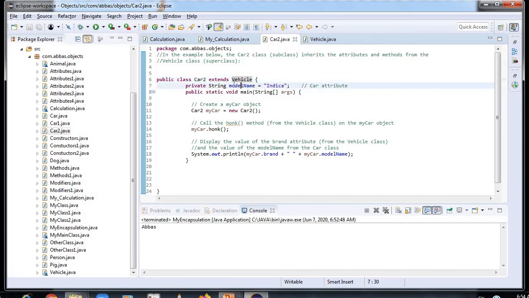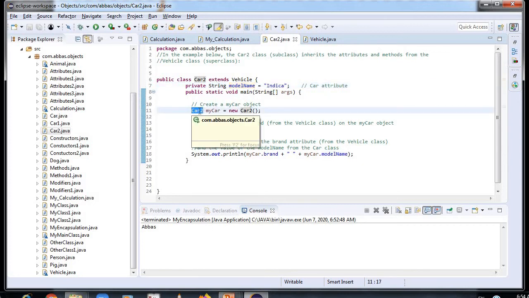Now what I am storing is the car attribute, that I had stored over here, the model name. And here I am creating an object, this Car2 is my class name, and then I am calling a method by the name honk from the Vehicle class on my car object.